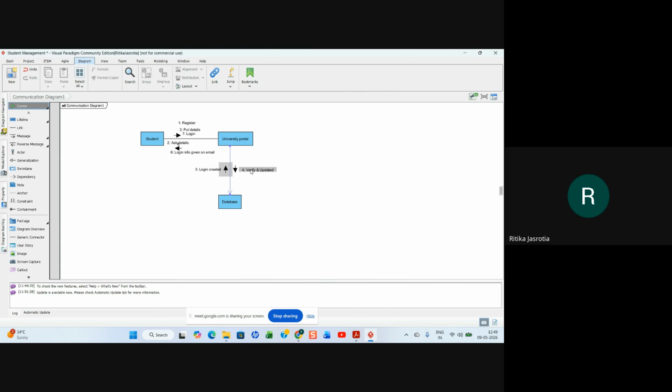After login, again verification. So next login is verified. You can say next your eighth one. Where is your eighth? I don't know where I put the eighth one. No problems. So you can put another message from here to here.